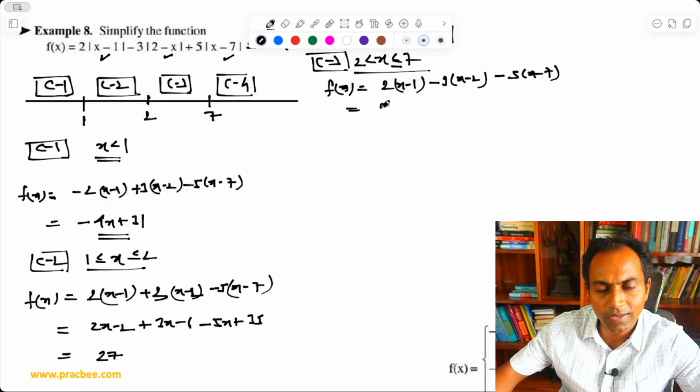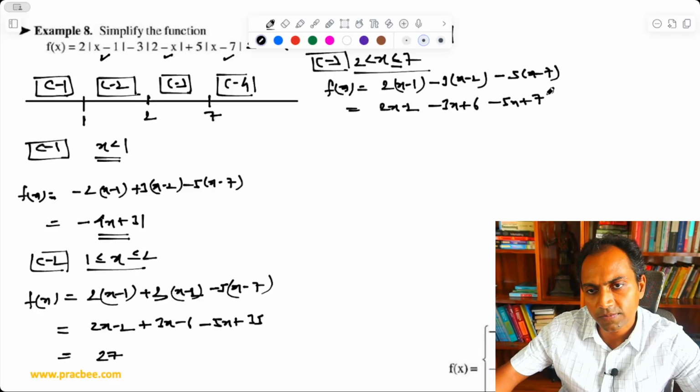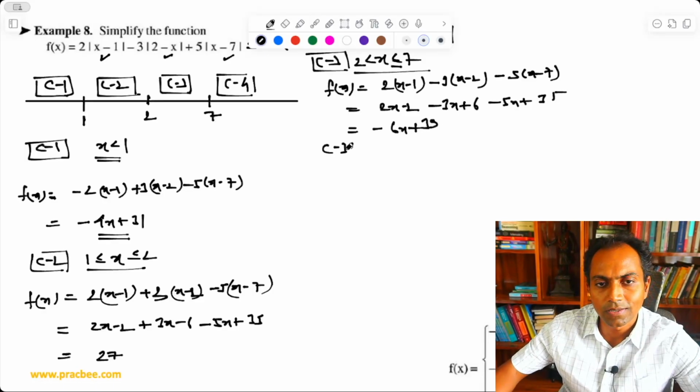If you simplify, this becomes 2x minus 2 minus 3x plus 6 minus 5x plus 35. If I simplify this, minus 8x minus 2 will become minus 6x. From 35, this will get added, 4 will get, this will become 39. And in case 4 that